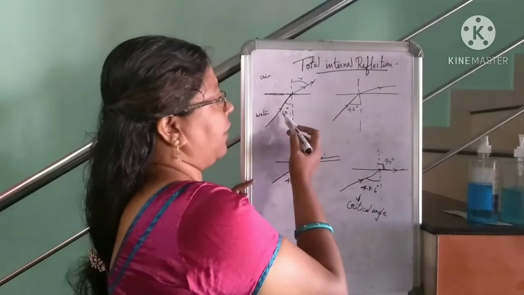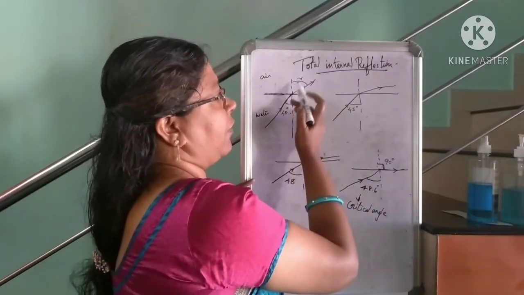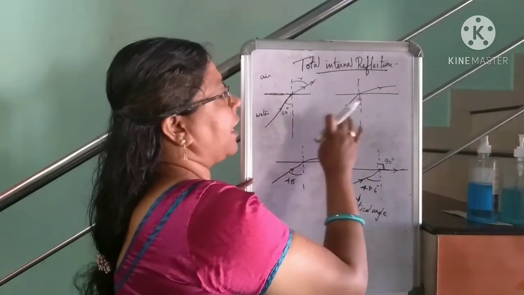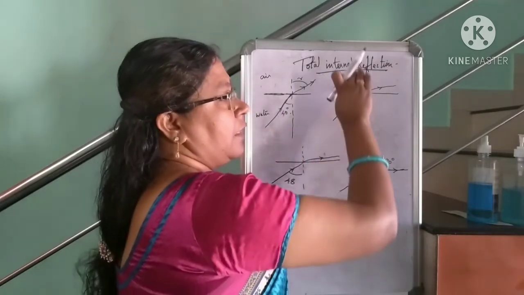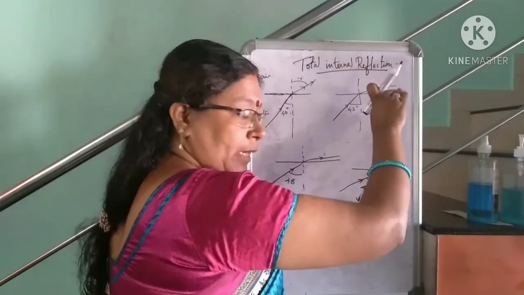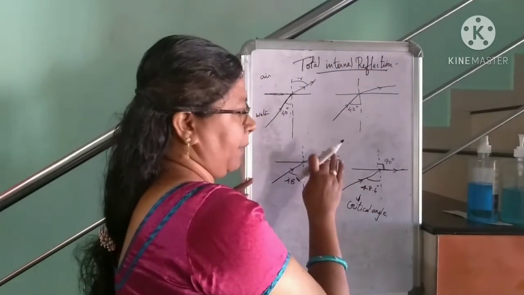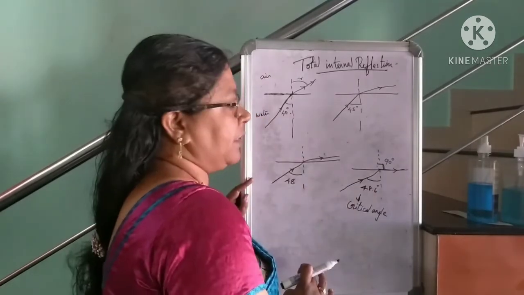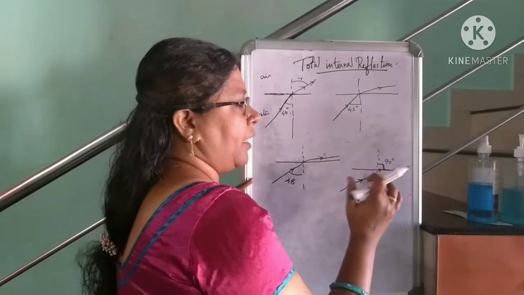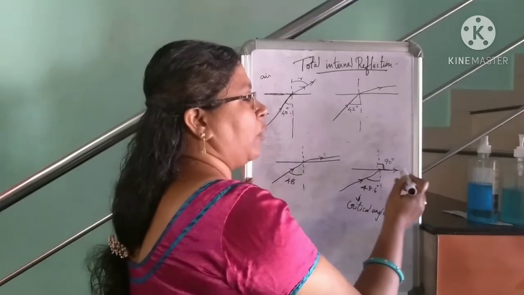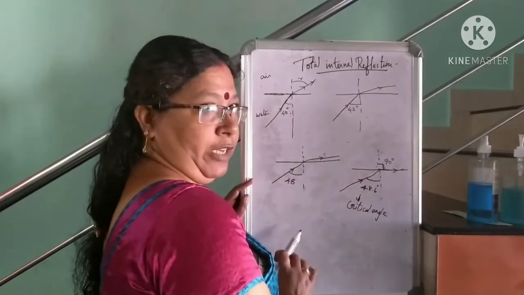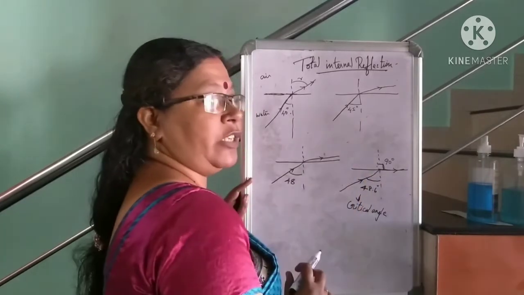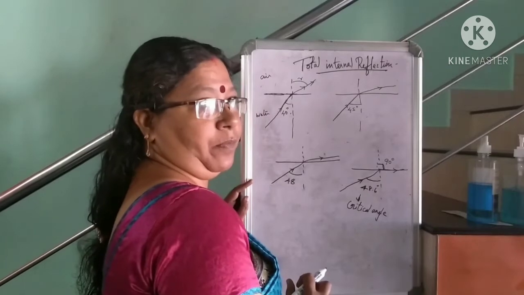Here, as you see, at 40 degrees, the angle of refraction is here. The refracted ray moves like this. As the angle of incidence increases, the refracted ray bends downwards. Here also the refracted ray bent downwards. But at this particular angle, at 48.6 degrees, what happened? The refracted ray moved parallel to the surface of water, or the angle of refraction is 90 degrees.